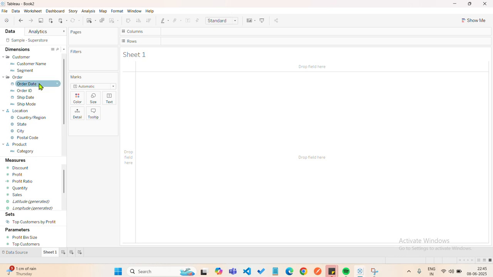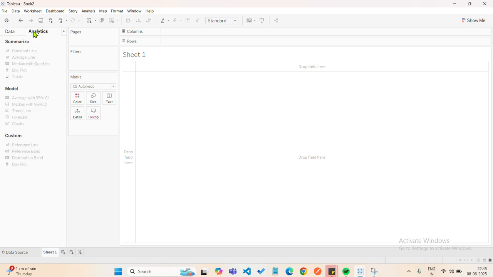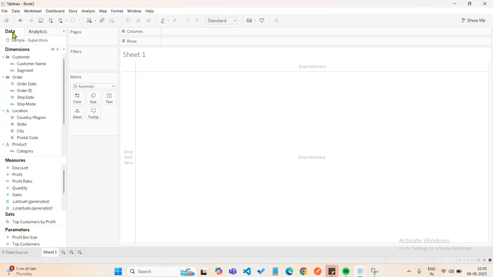First I'm taking this order date. One more thing: this is the data panel and this is the analytics panel. I think I showed you the analytics panel in the circle charts in the previous videos. In the data panel, you will see dimensions as well as measures. In newer versions of Tableau, there will not be this division between dimensions and measures; Tableau does not write dimensions and measures separately, and it will all be one data set, so you have to search for the field. In the 2019 version, it is showing dimensions and measures. Now I'm taking